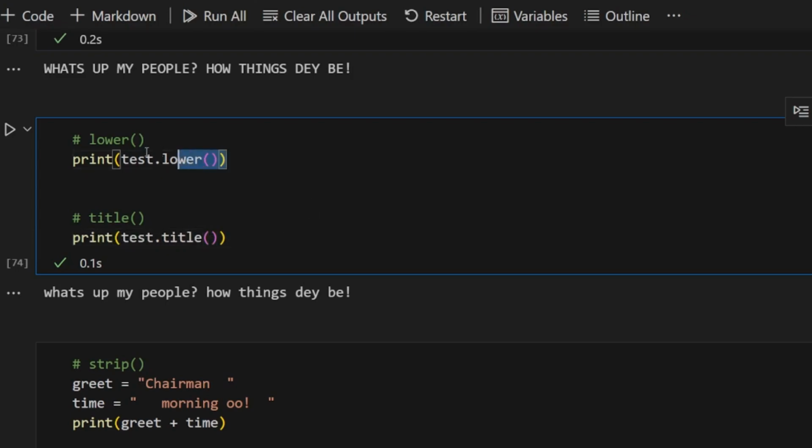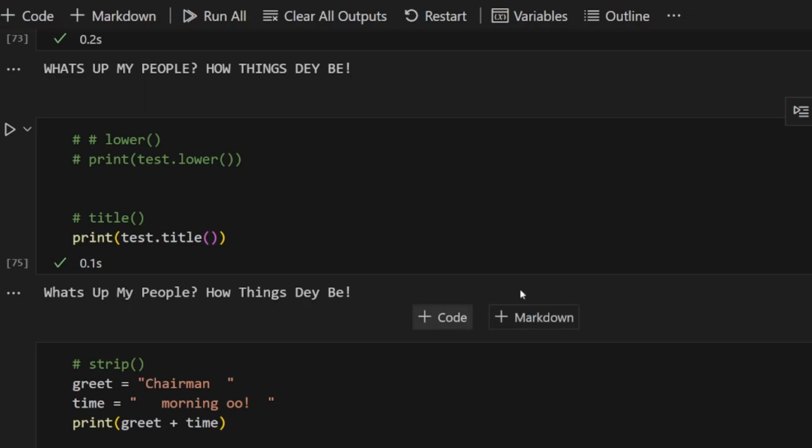So if I comment this one out and then run this cell, what dot title does is that every word that starts the sentence, it makes a capital letter. So if you see now, W capital letter, U capital letter, M capital letter, P capital letter. So that is what dot title does.